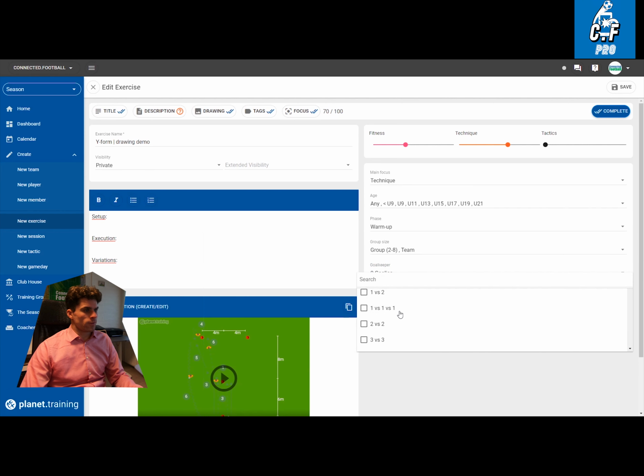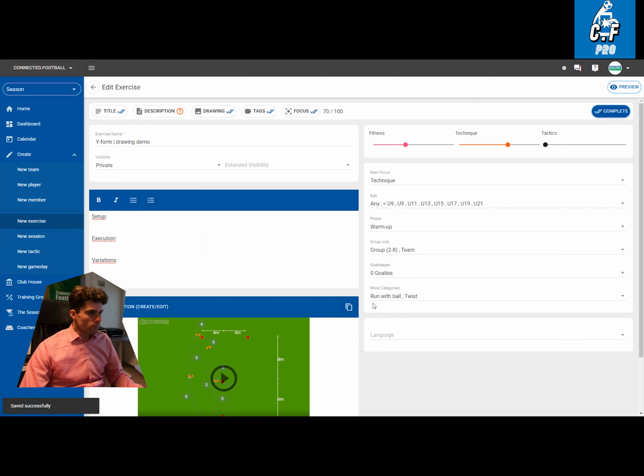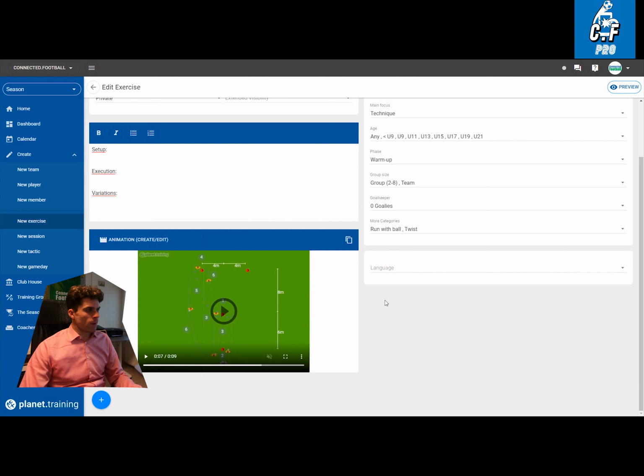And from there you could decide on which other properties you want to set, which would allow you to really search effectively or use filters as you create your own database with all exercises, and you start grouping them and you can segment them based on what they actually were and as you intended them to be, because you add these properties. So let's say, what is the most applicable term? Well, you have to run with ball, you have to make a twist, and there are a couple of other things as well. So if I save, that's already done, but let's assume that I want to make a small